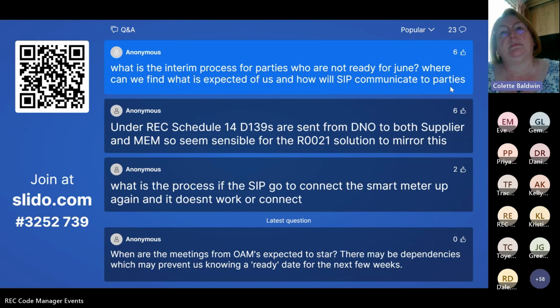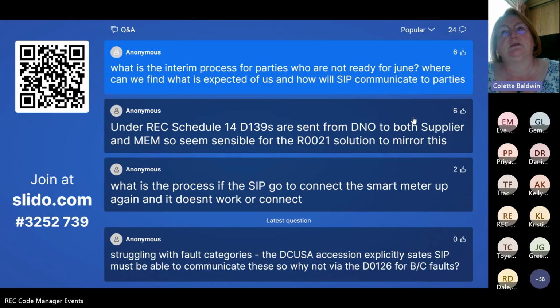In this workaround, we propose that the supplier doesn't receive the work complete flow for the period between the end of June and the beginning of November unless they've implemented the data flows. So it's for those suppliers who've not implemented the flows at the earliest opportunity, they will not receive the information at all. There's a question about whether, and I'd be interested in people's views, as to whether they would like